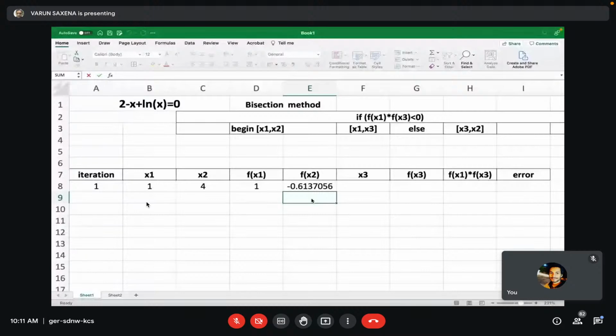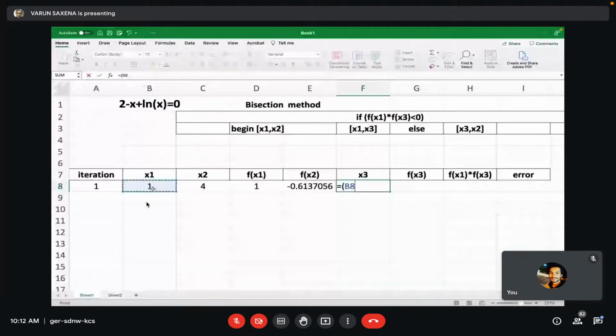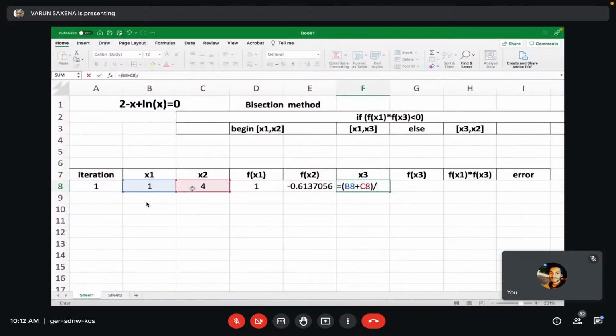We get fx1, we get fx2. Then we know how x3 is evaluated. x3 is evaluated as the sum of x1 plus x2, divided by 2. So that is 2.5. Then let's evaluate x3. Now we cannot extend this here because we have this in between, so we'll simply apply the formula: 2 minus x3 plus ln